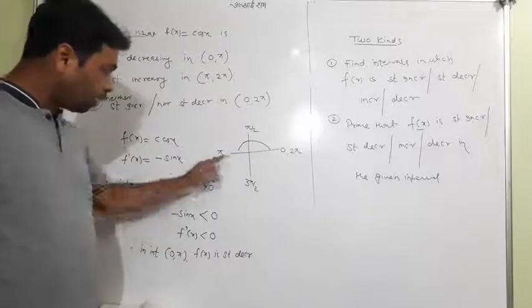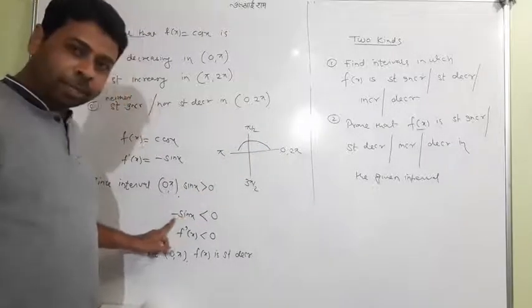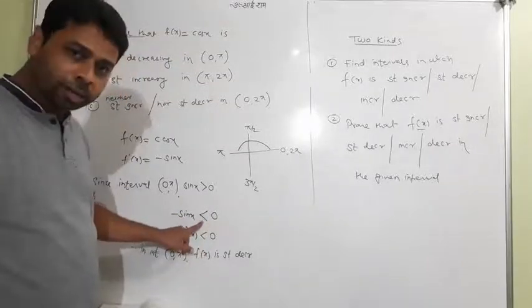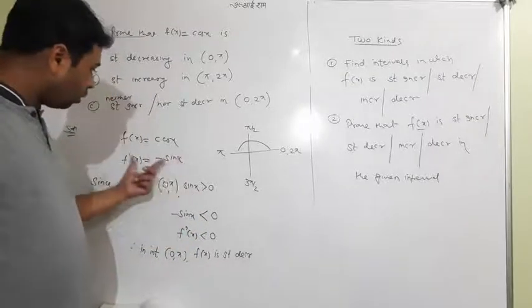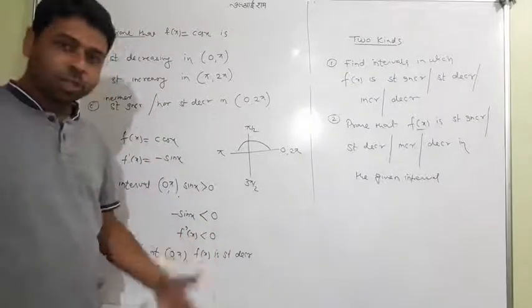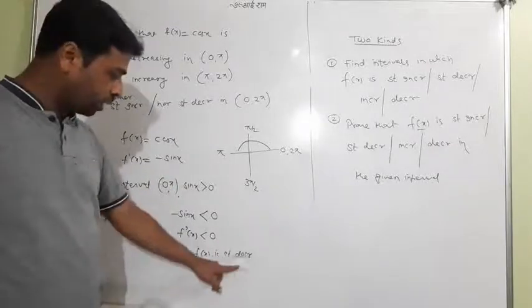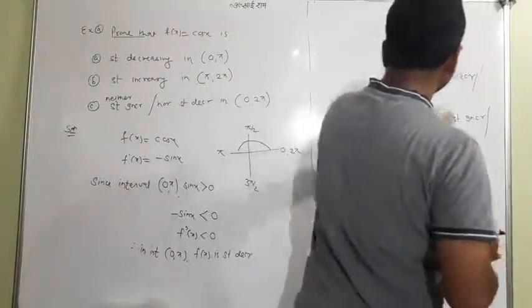In the 0 to pi, sin x was positive. I multiplied by minus sin x, the 0 will have no effect, but this sign will be affected, the less than sign has changed, and minus sin x was equal to f dash x, so f dash x less than 0. What we have proved is that in this interval f dash x is negative, so here the function is strictly decreasing. So okay, let me wrap it now.